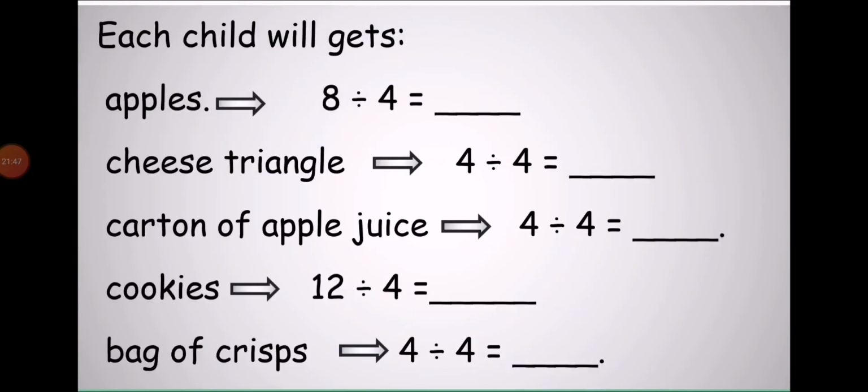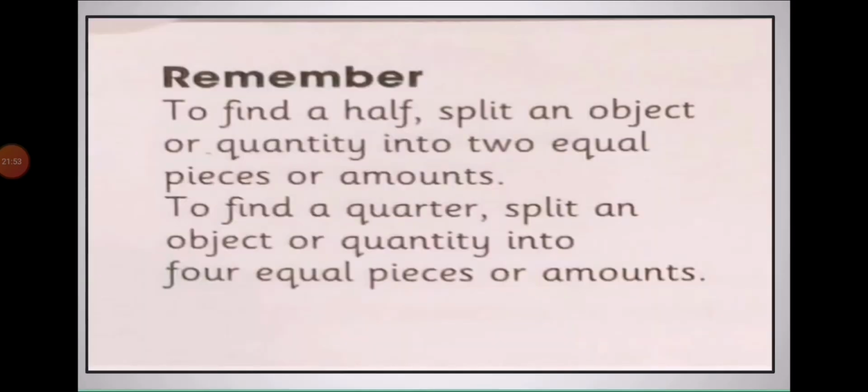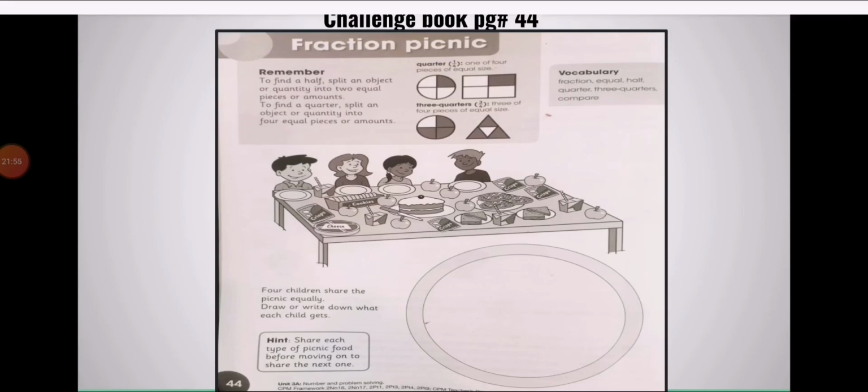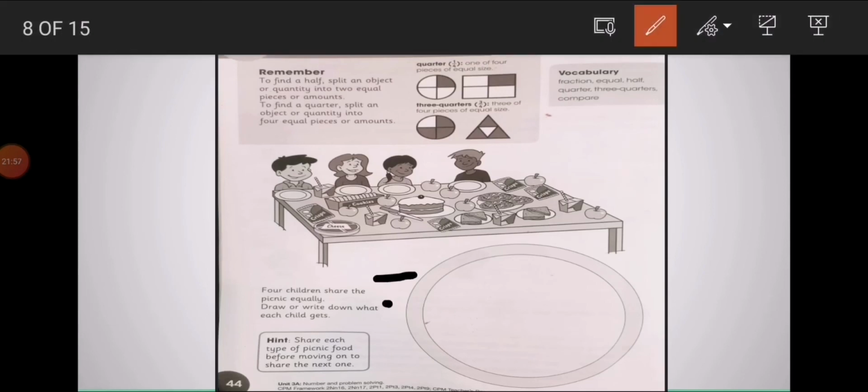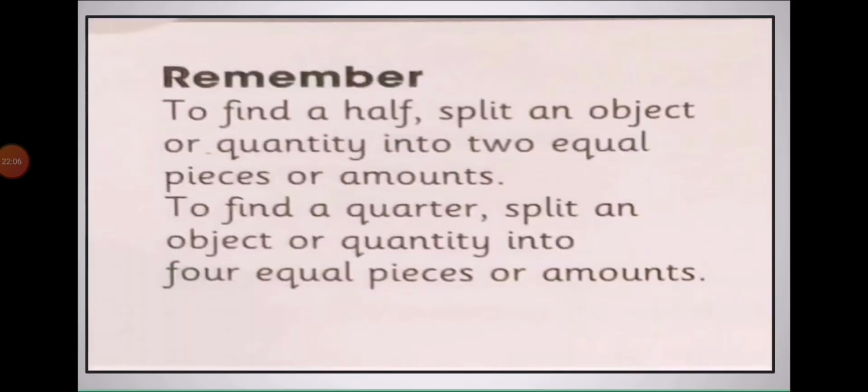And you will find out first, you will do this part. And you will write all these number sentences at the side of the page. Here. At the side of the page you will write here. Draw some lines and write here, then draw the food here at that side. First write all the number sentences.